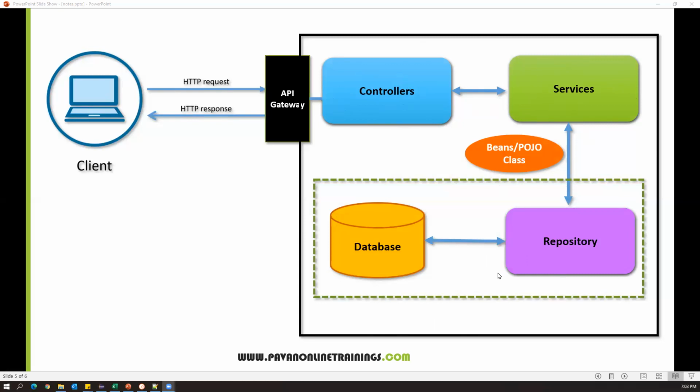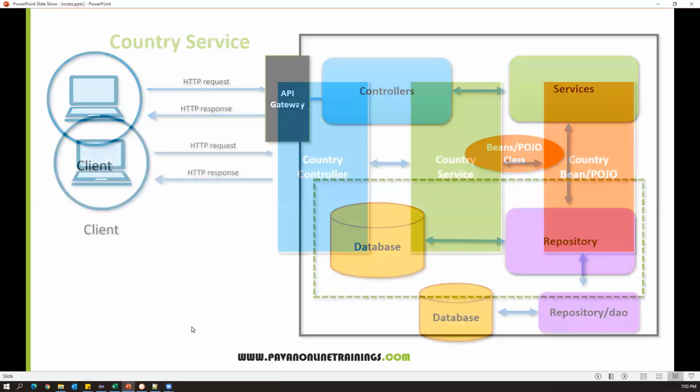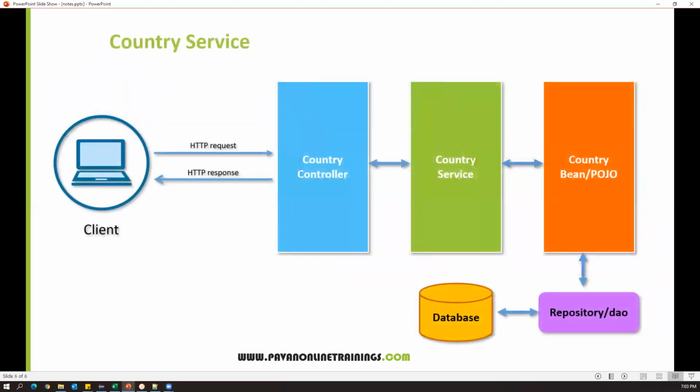I have an example of a country service. Let me just show you here. Now if I look at this country service, basically what this service will do is, when I send some request, we will create a country controller class. In the controller class, we will have mapping methods, and the country service we are going to implement.